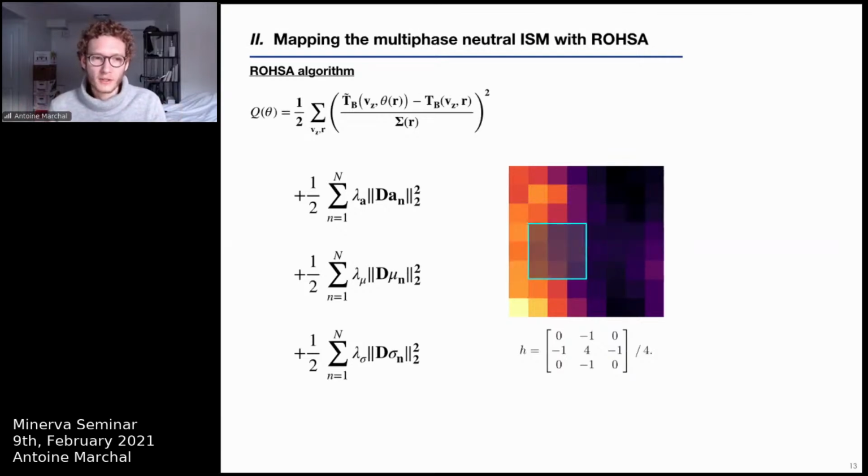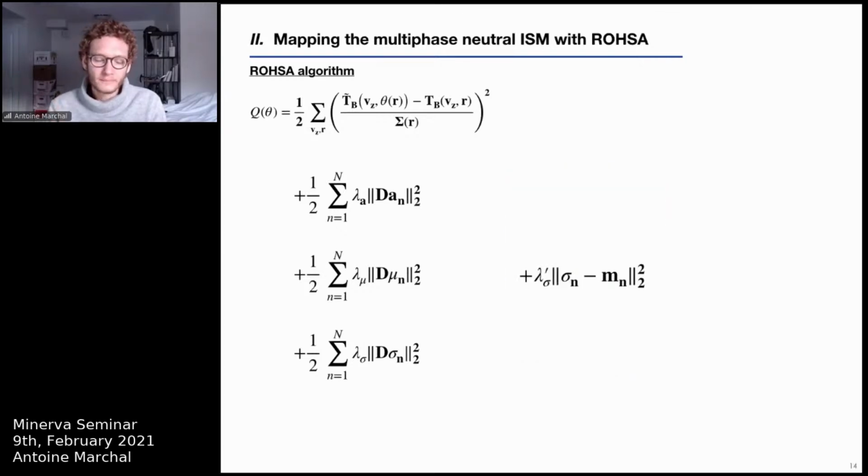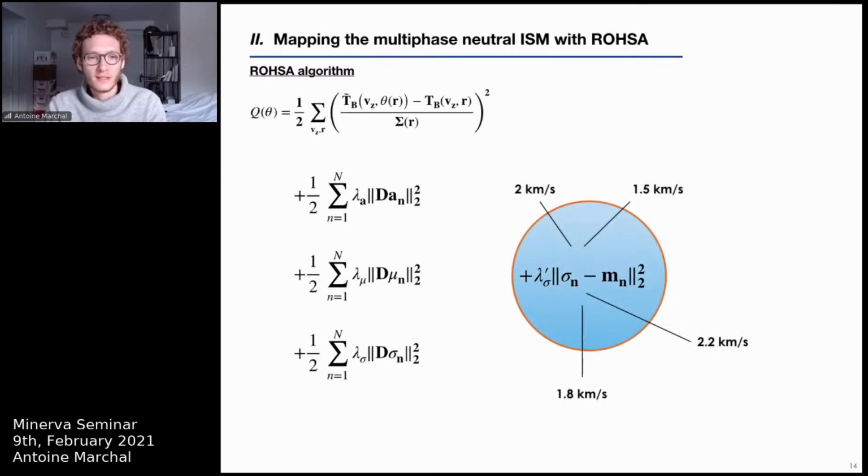But for the phase separation in HI, we need to have one more term. And this term is minimizing the variance of a velocity dispersion map. Because if you don't have any penalty related to the velocity dispersion, there is nothing that prevents the velocity dispersion map for one Gaussian to go from 1 kilometer per second to 10 kilometers per second, from one corner of the map to another corner of the map, for example. And this is a big issue because at the end of the day, you would like to be able to say, when you look at one 2D Gaussian map, this is CNM, or this is WNM, or this is something in between, based on the mean velocity dispersion of this map. So by minimizing the variance of each velocity dispersion map,